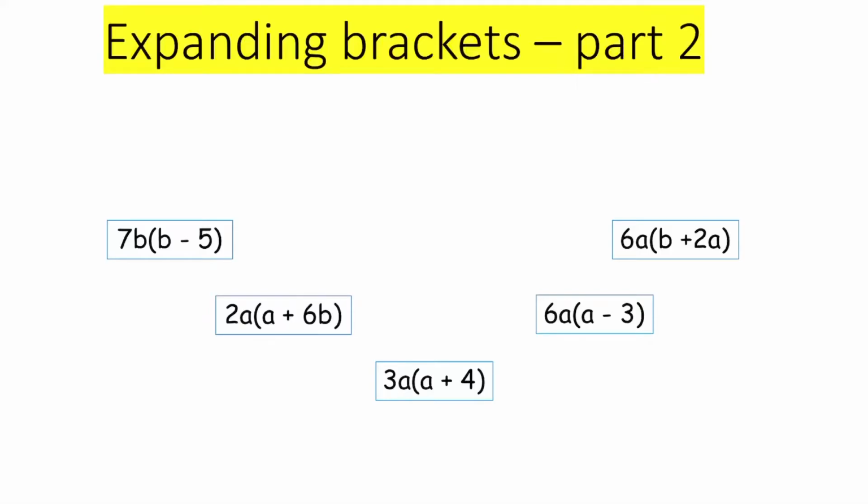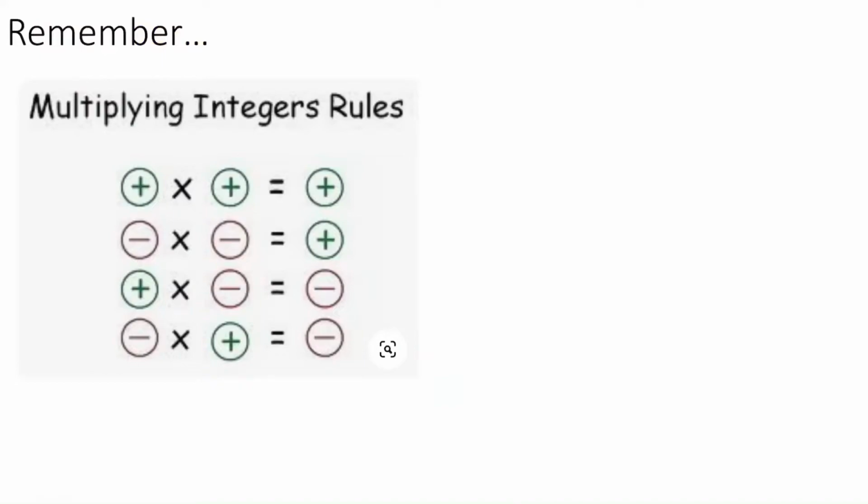In this video we'll be looking at the second part of expanding brackets. We're still on expanding single brackets, but these are slightly different because we have a number and a letter outside of the bracket. Before we move on, we still need to be using our rules for multiplying integers since we're expanding brackets. But a few things I wanted to point out beforehand: because we have a letter outside of the bracket as well as inside of the bracket, we need to know what we get when we multiply